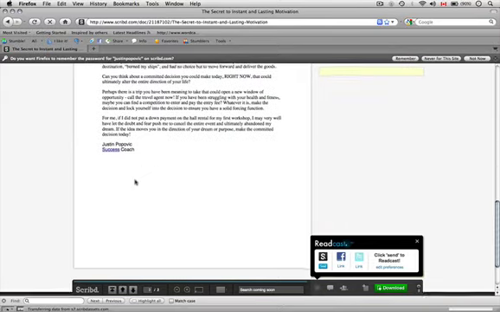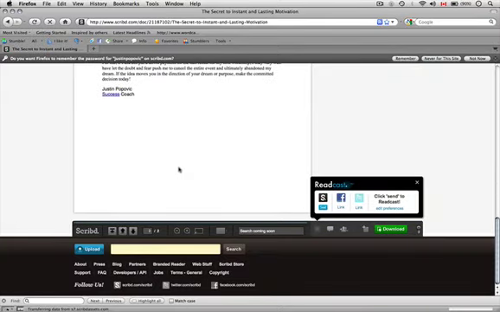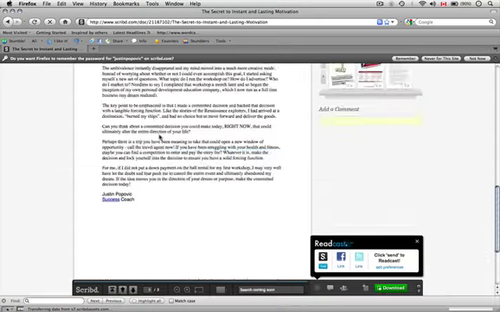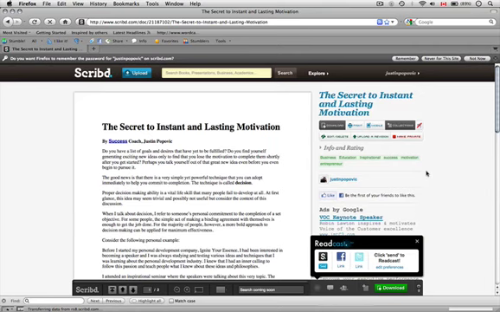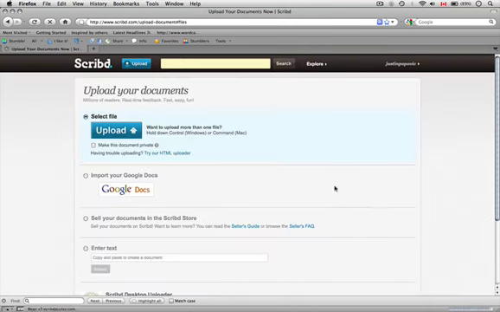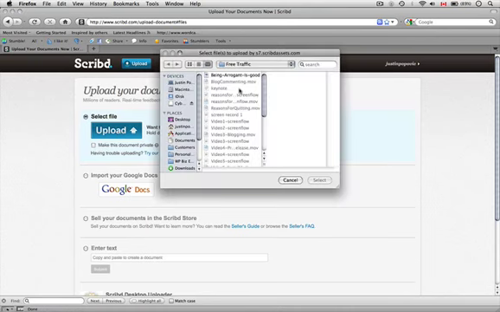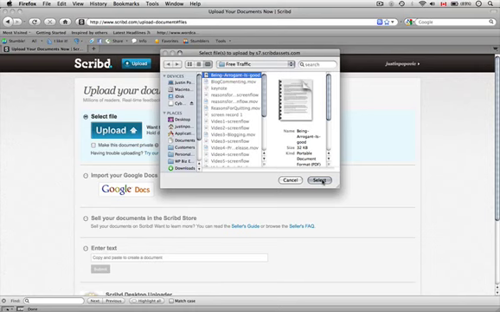And there are other cool features in Scribd that you should check out as well, like the ability to embed this PDF in other blog posts, to share it through social networks. There's lots of stuff going on. So what I want to do now is just show you how I can upload that new PDF that I just created and make it available here in my Scribd feed. So you just click the upload button at the top, and you can make it private. Obviously I don't want to, I'm trying to promote stuff here. So we upload the PDF we created,